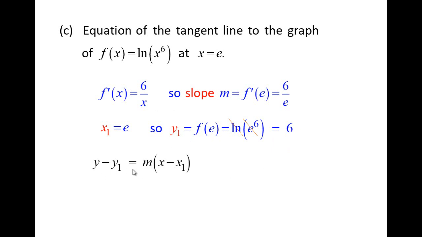So the point slope formula for the equation of a line is here. We just plug in x1, y1, and the slope would be 6 over e. And then we simply simplify that. So we get y minus 6 is equal to 6 over e times x minus 6